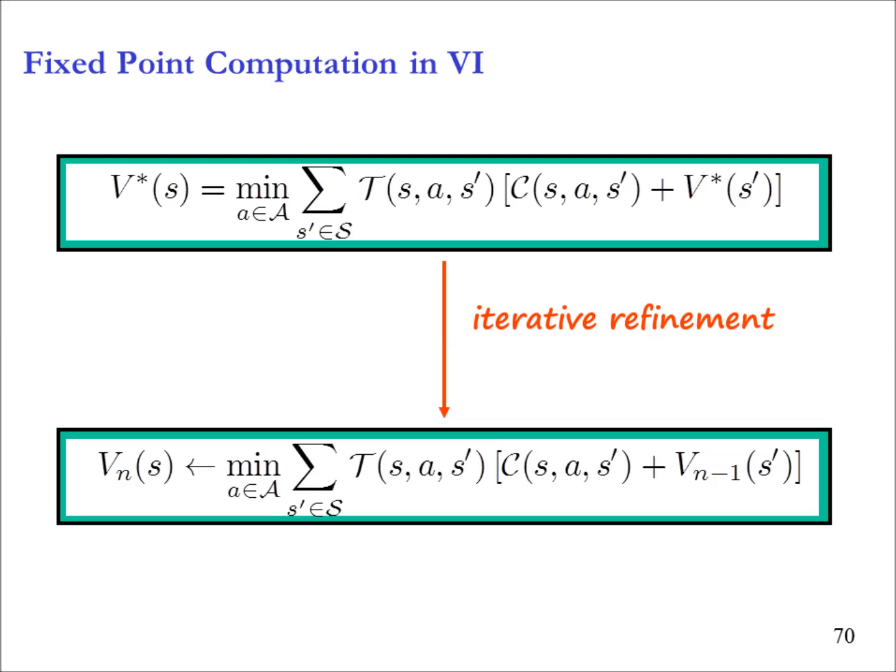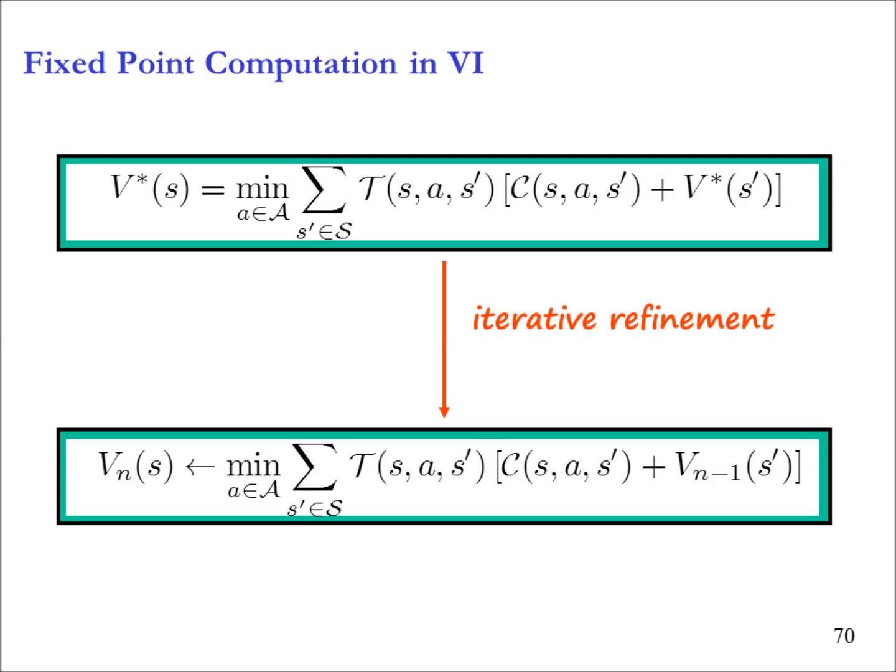Now, get your iterative policy evaluation caps on. By the way, is this a system of linear equations? What is non-linear about it? Exactly. So it's not a system of linear equations. We cannot solve this using Gaussian elimination, but we know how to handle this using iterative policy evaluation. So let's call it the value iteration algorithm.